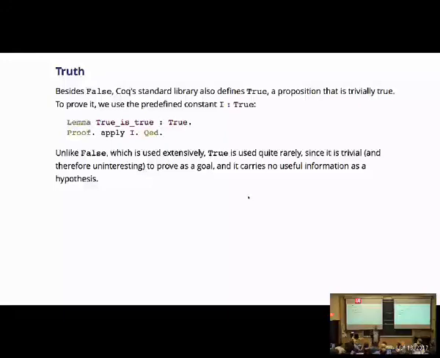We've seen the proposition false. So false is a constant proposition. It comes from the Coq library. And it isn't provable. One might expect that there would be another proposition, true, that is provable. And there is. So there's a proposition called true. And in the standard library, there is a constant I,